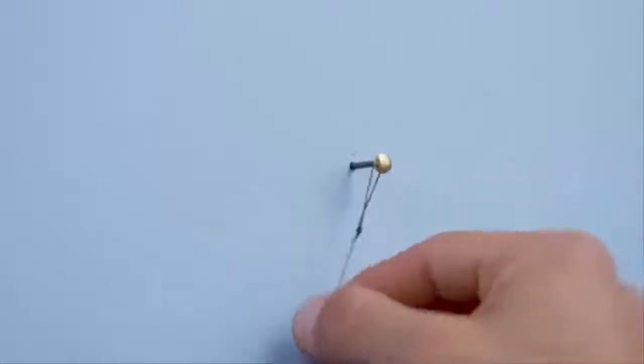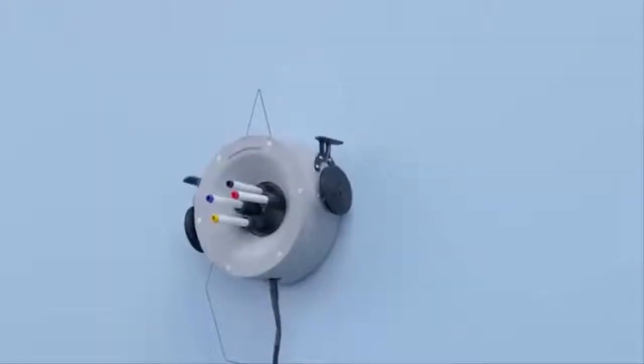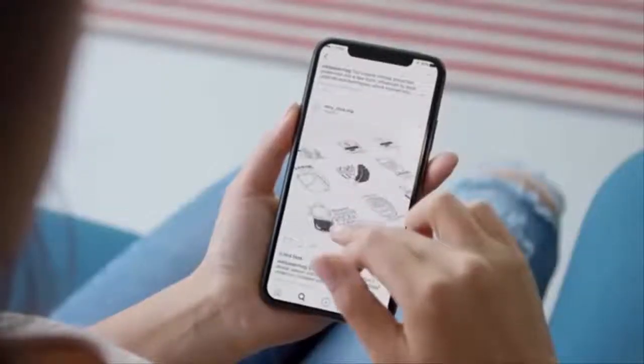Scribit hangs on the wall with just 2 tiny wires, and it moves thanks to its 2 motors. Also, we identified a new ink which is completely erasable with heat. A fundamental part of Scribit's user experience is the platform that allows people to upload, share, and download contents to